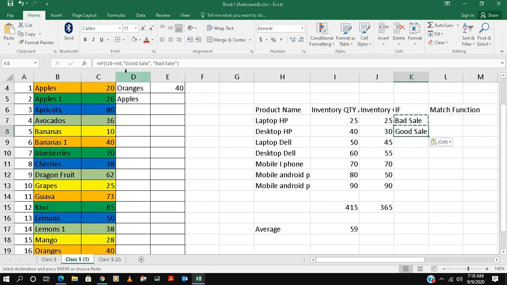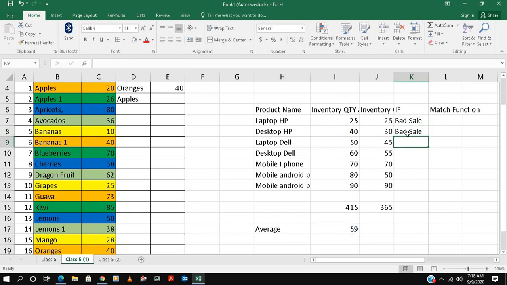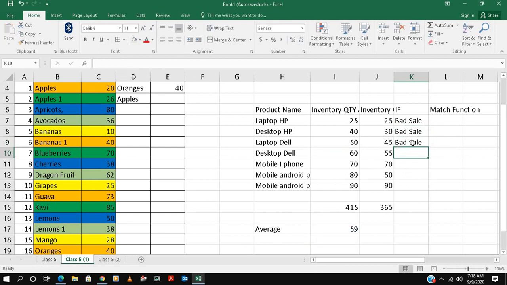It's showing good sale. It's 17. Bad sale again. Good sale. But 17, bad sale. Then we can add this formula here. It's 17 because it's the 17 cell. See, 60 is above this, so it is showing good sale.